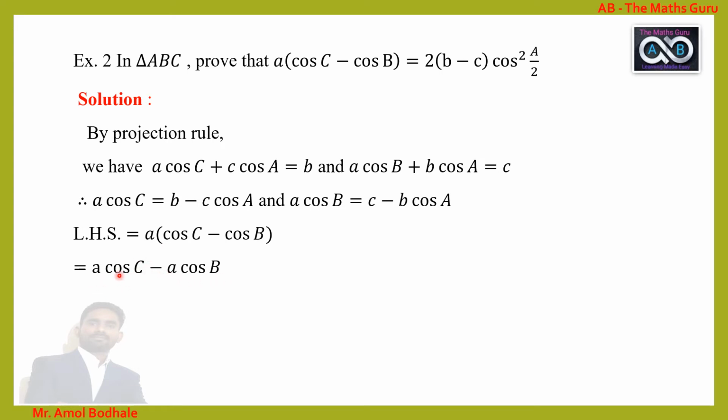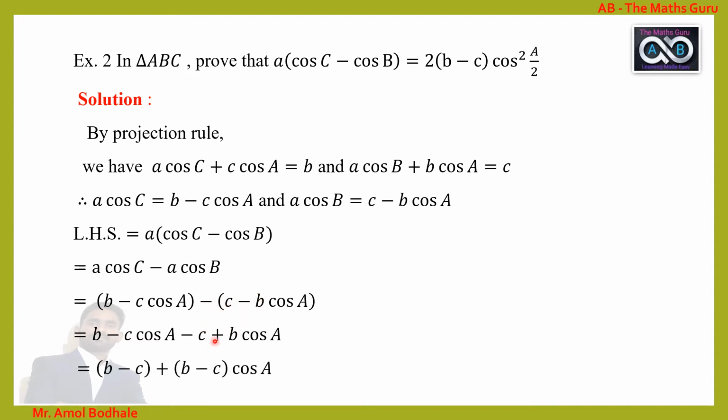Now we have the values of a cos C as well as a cos B, so we'll substitute them. Here a cos C is replaced by b minus c cos A, and a cos B is replaced by the value c minus b cos A. We'll solve this bracket, so minus minus will become plus. We'll rearrange the terms, putting b minus c in one bracket, and from these two terms we can take cos